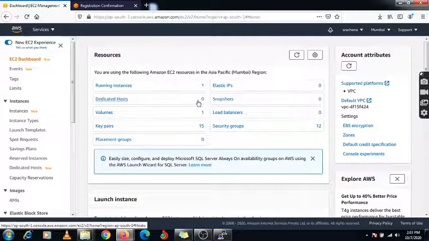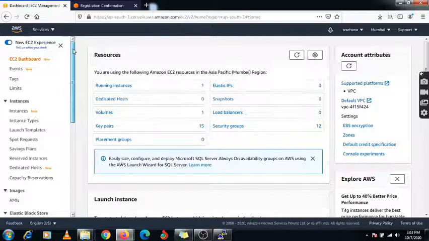Myself Ganesh. Today we are creating our Windows instance under this existing VPC. So how can you create your Windows instance? We are always talking about this EC2 instance, which is nothing but our VM machines, meaning we are creating our new server, or you can say our new VM.